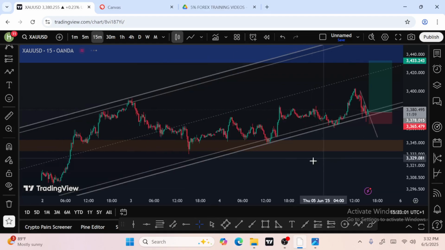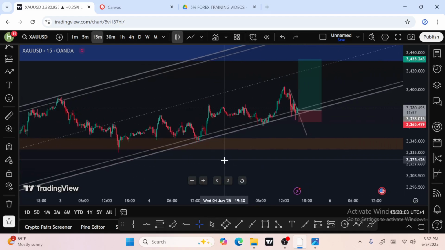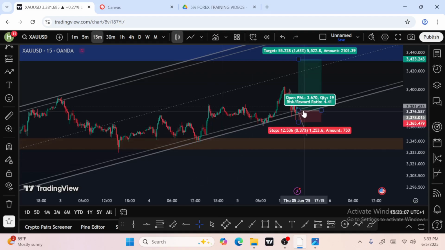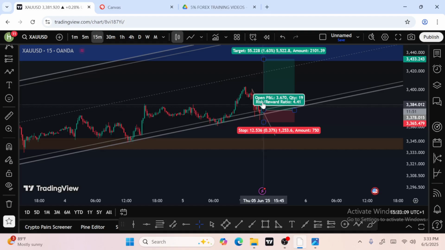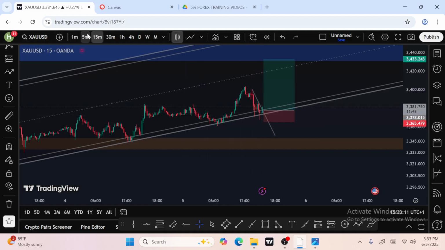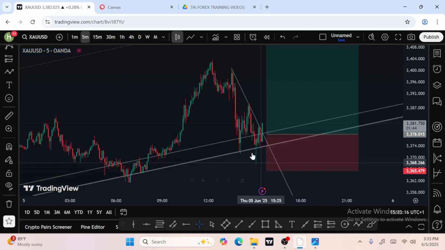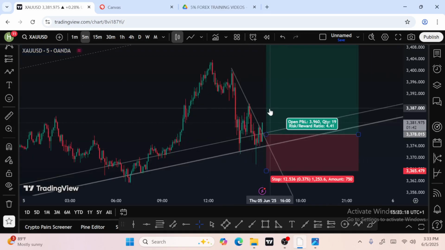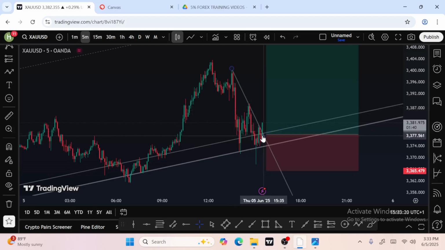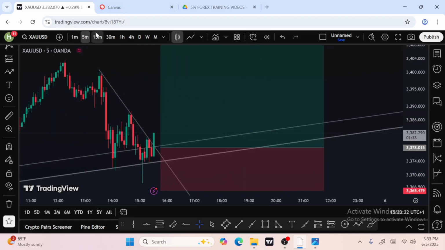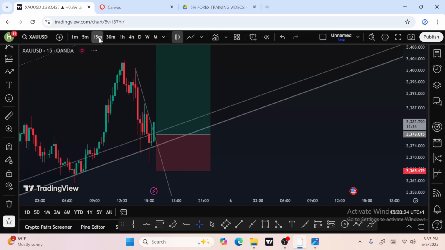Exactly. This is another setup like this. This is another signal setup like this. This market is already going. Now come down to 5 minutes. Look at 5 minutes. On 5 minutes, it has broken it. No problem. Acting as a bullish engulfing buyer. Fine. Let's still wait. I will wait for 15 minutes.